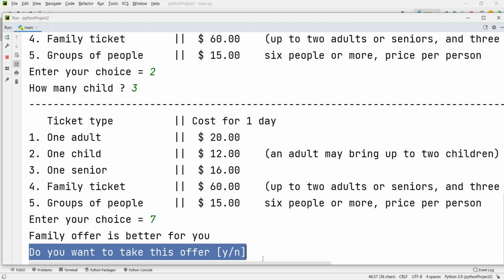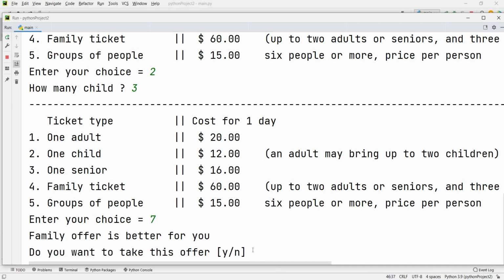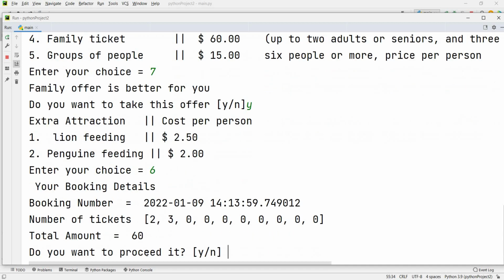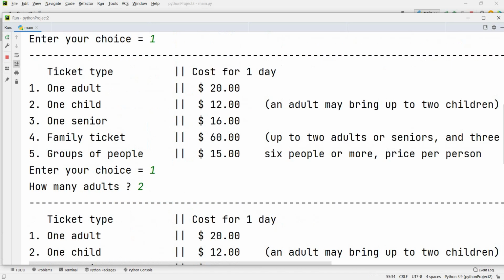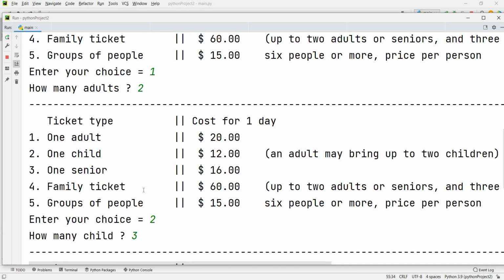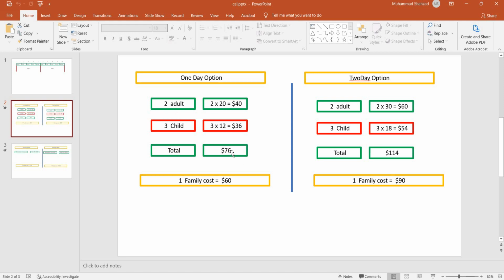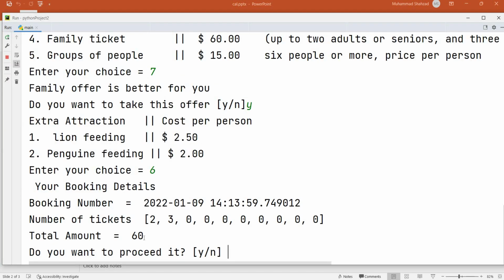Do you want to take this offer? I'm saying yes, I want to take this offer. Extra attraction you want? No. Now they are showing me total amount is $60. But if you calculate for 2 adults and 3 children, the cost is 76, but they are showing $60.